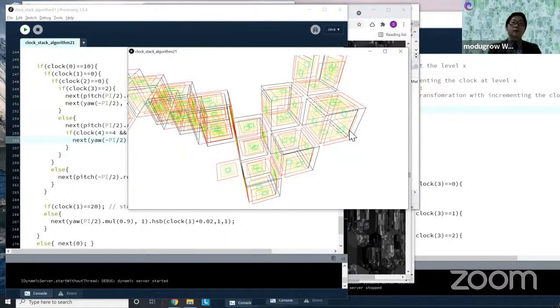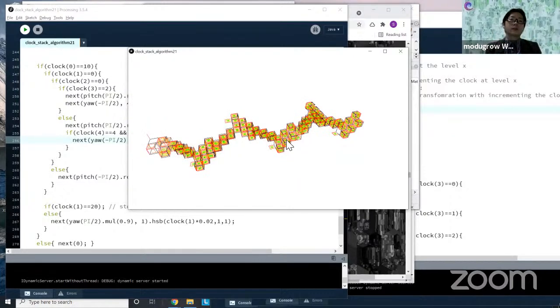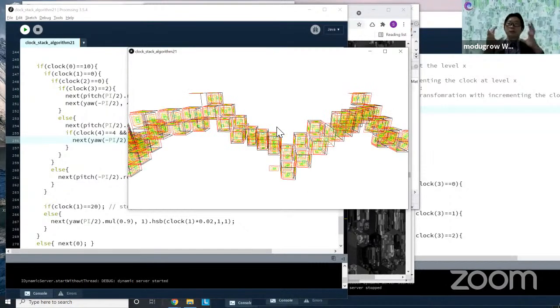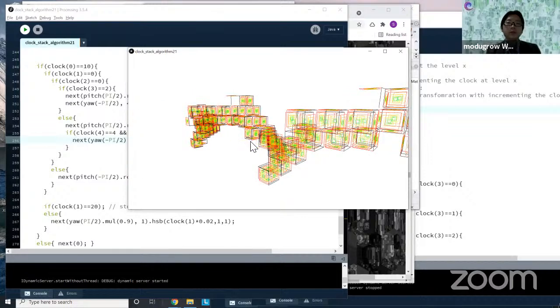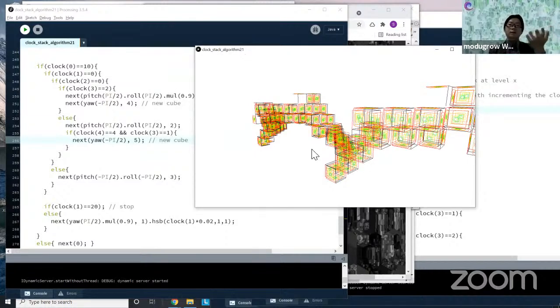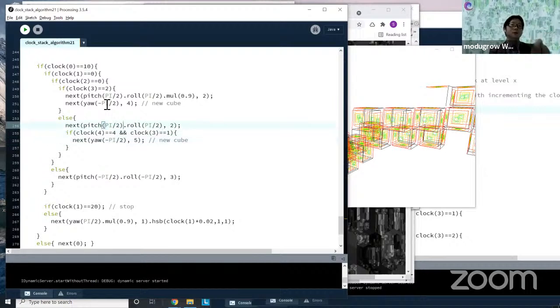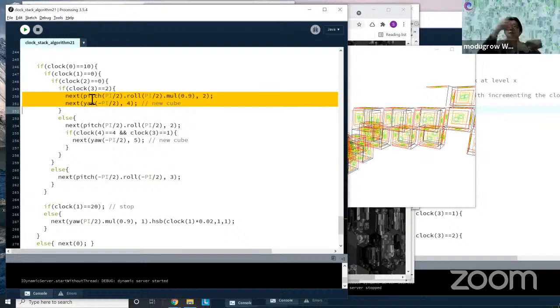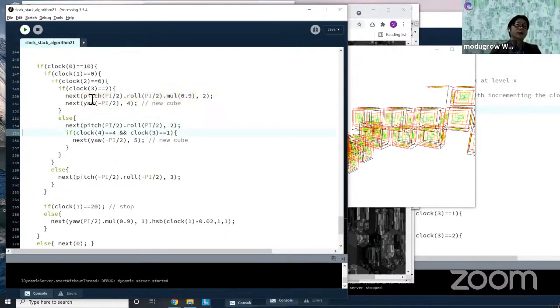So that's one thing you can think about when you imagine your modular assembly project. That was just an idea. But the actual thing happening is not that different from the example I showed in the pitch and roll. The location is going in a diagonal cubic branching. So one branch is made and a cube comes back and makes one cube. And then at the corner, it branches out to another new cube. And then the other part is this part, okay, sorry, this part. This part is the part going